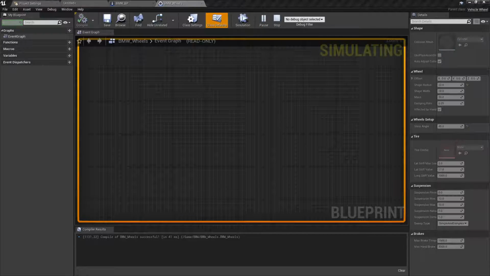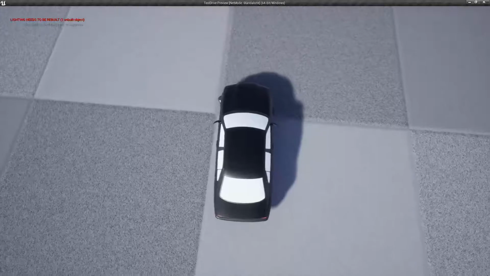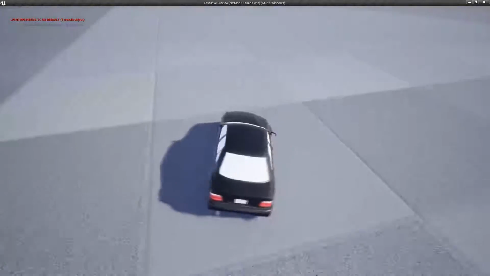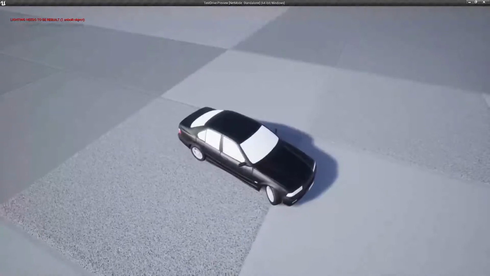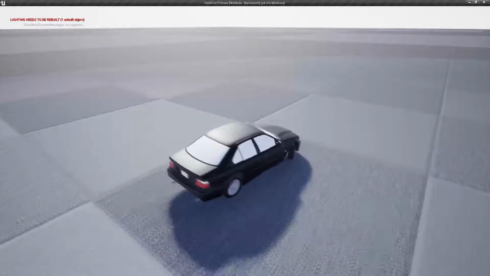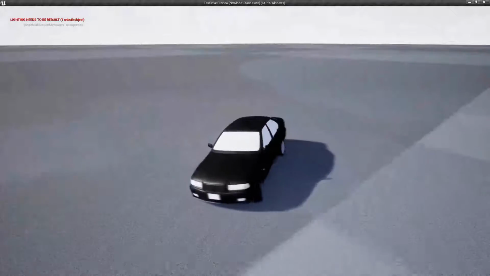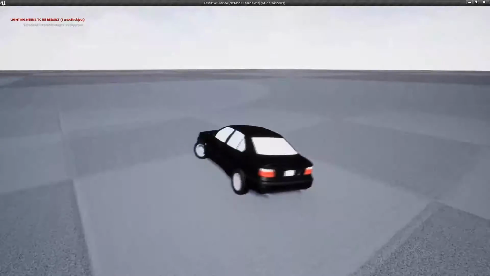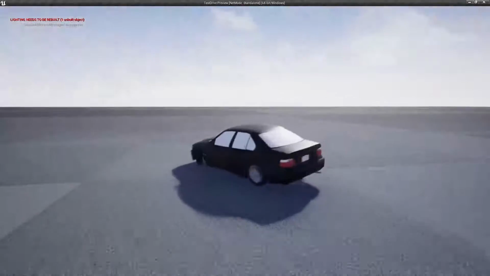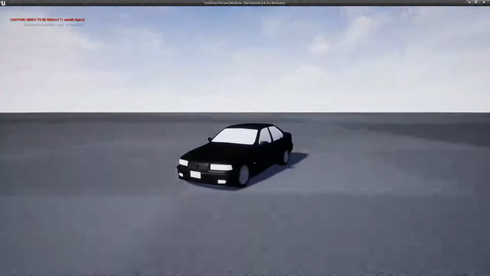Let's hit play. Maybe not. Yeah, that looks about right. If we did a U-turn, most cars turn in circles about that. You can play with that. It'll be different depending on the vehicle anyway, because different vehicles have different turning angles. So anyway, that is that. Looking good, working well, and this is how you set up a car.